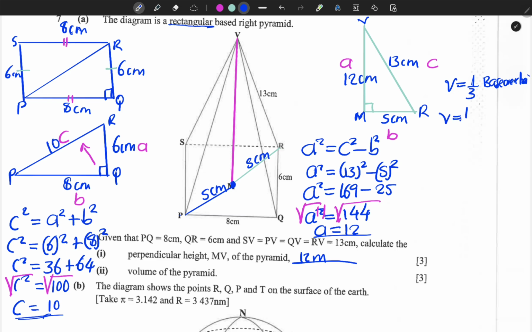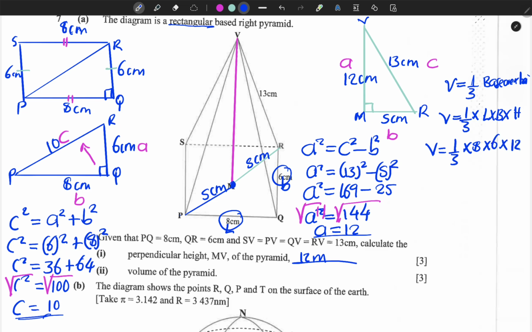Volume is equal to 1/3 times the base area. Since the base area of a rectangle is 30, the longest side is 8 centimeters, so this should be B. So we have L times B multiplied by the perpendicular height. So volume is equal to 1/3 times our length, 8 centimeters, times our breadth, 6 centimeters, times